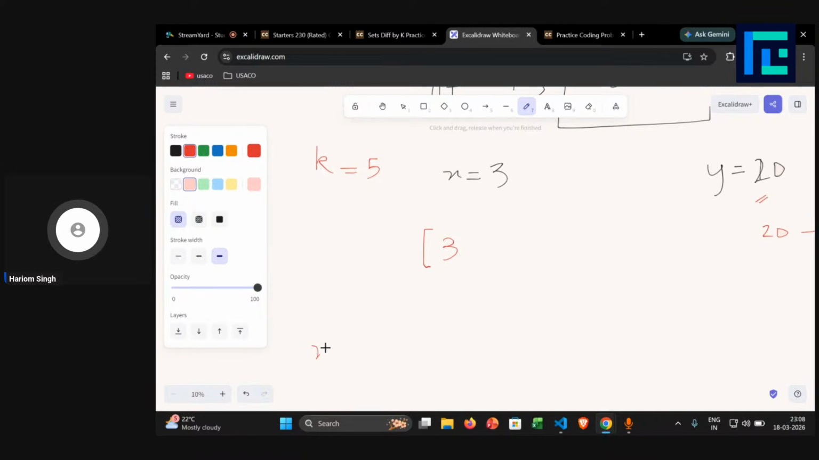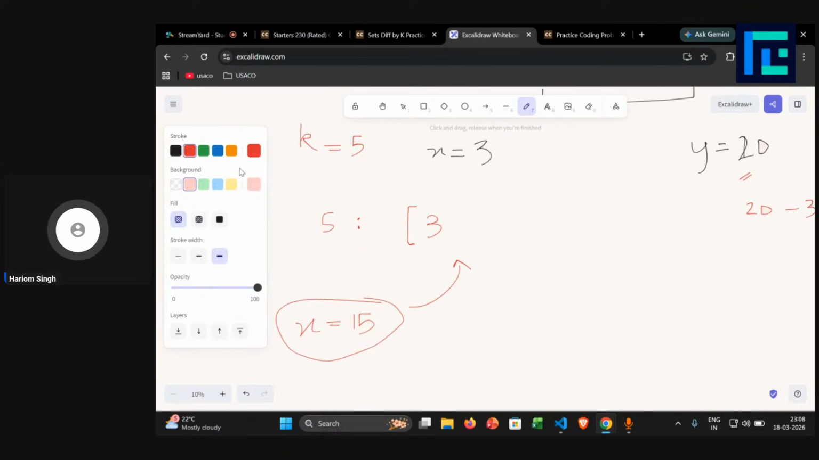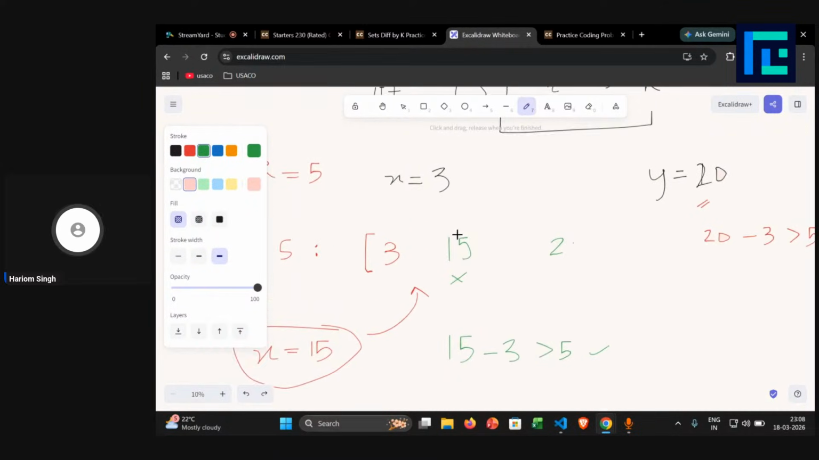So let's say we choose a random element, let's say 15, right? And we check whether 15 can get inserted into the set S or not. So for 15 to get inserted into the set, we will check whether 15 minus 3 is greater than 5 or not, right? And this is true. So 15 will get inserted into the set, right? Now we did not want 15 in the set, but it also got inserted, right? And now 20 cannot get inserted, because 15 will create problems for it,